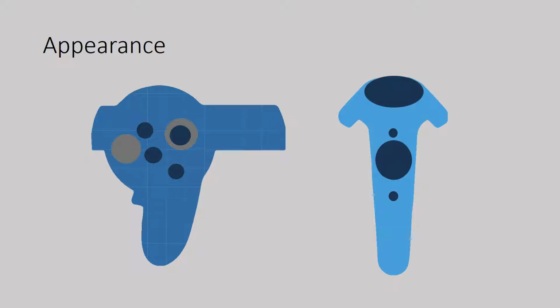For my appearance element, I decided to show the viewers the graphic of controllers for the virtual reality devices that my infographic is about. On the left, you will see the controller for the Oculus Rift, and on the right is the controller that corresponds with HTC Vive. The use of these graphics allows the educated viewer at a glance to know that the infographic is about virtual reality devices, or viewers unfamiliar with the devices to at least know that it is about something in the realm